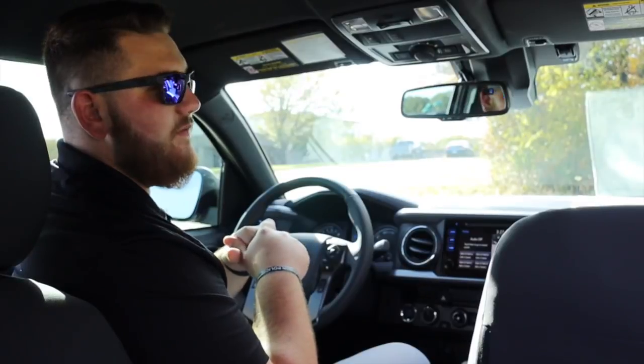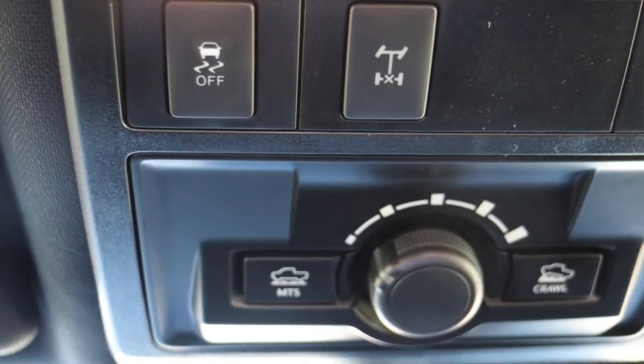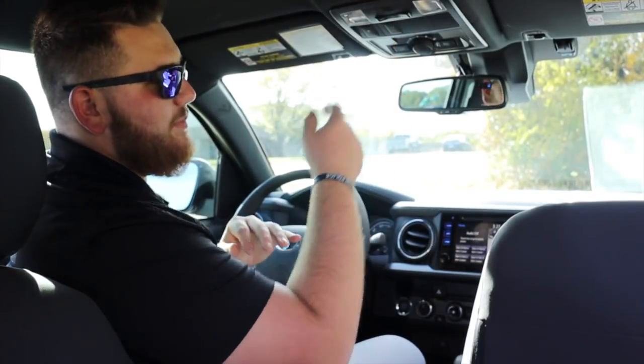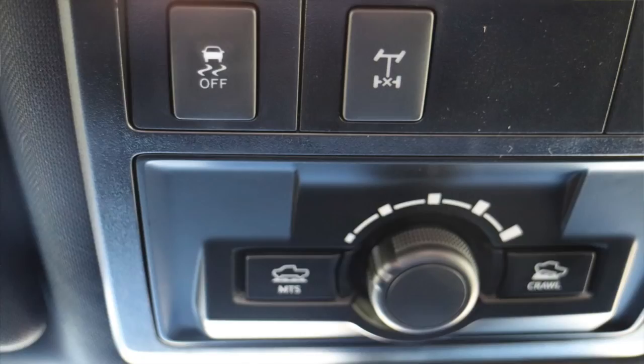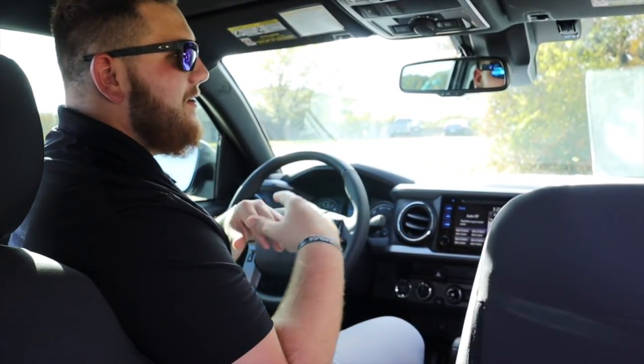Moving up even further, you have your traction control. Let's say it's slightly raining and you want to do a burnout. What you're going to do is you're going to turn your traction control off. That way the tires aren't going to be catching themselves. The next button over is going to be a rear locking diff. So that's also known as posi track back in the good old days. What that does is it's going to keep the 2 back tires spinning at the same rate of speed. That way one's not spinning faster than the other one, how it used to be, and how it does if